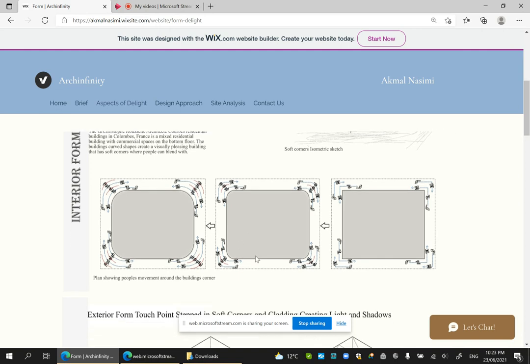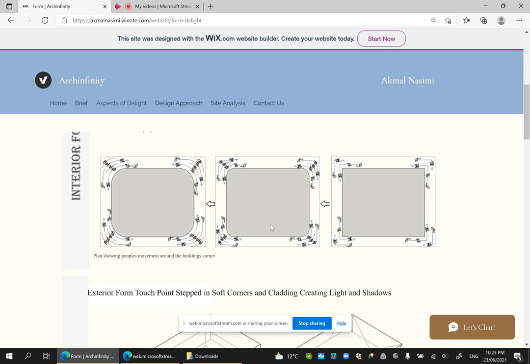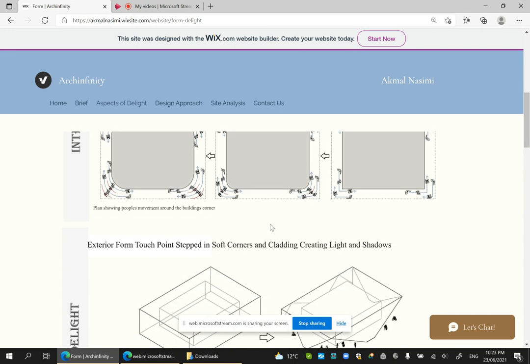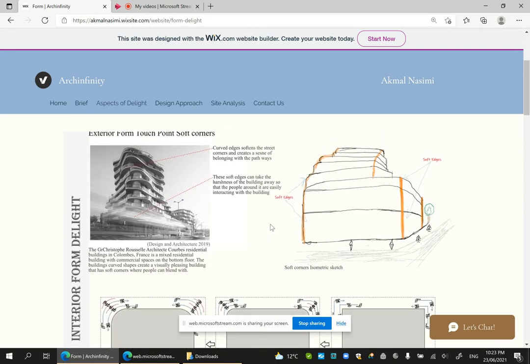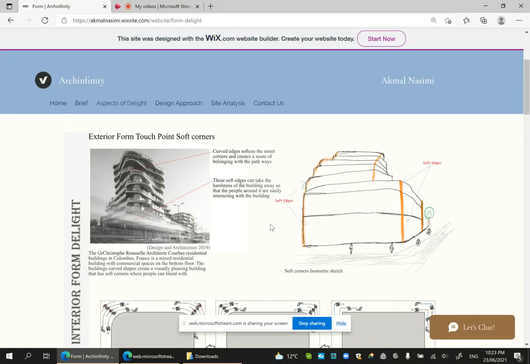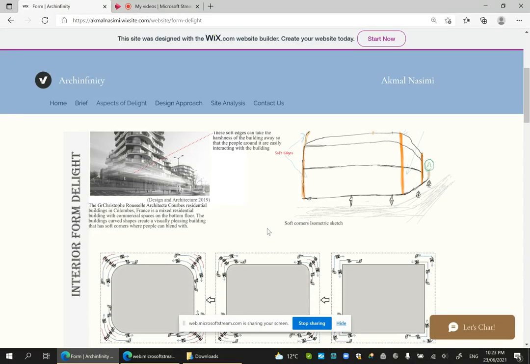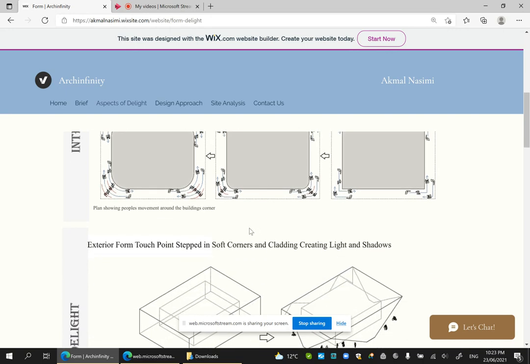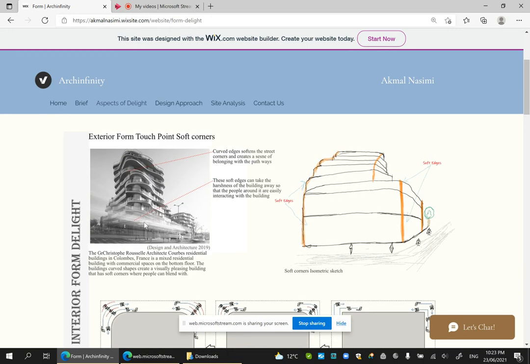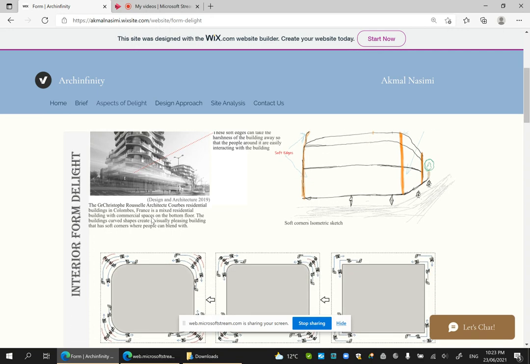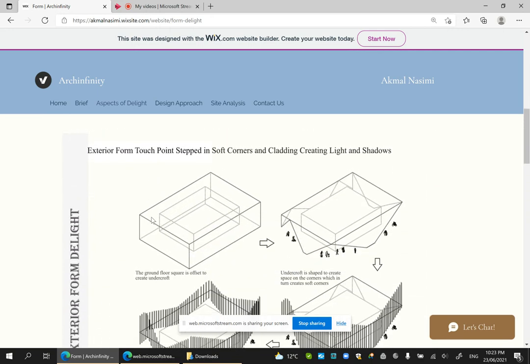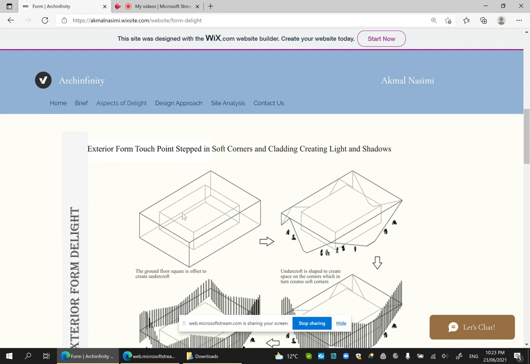But after presenting it last time, I think Beth mentioned that soft corners or round corners are a bit awkward to work with, and I quite agree with that, especially when it's going to get inside the apartment. I think it will have quite a bit of waste of space, etc. So what I looked at was to keep the idea. I want to keep the idea of space, but